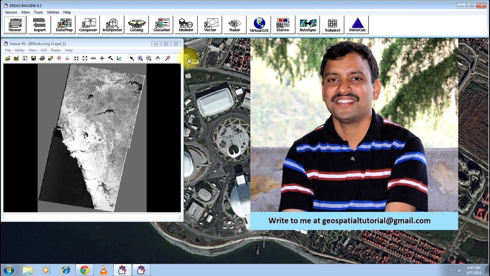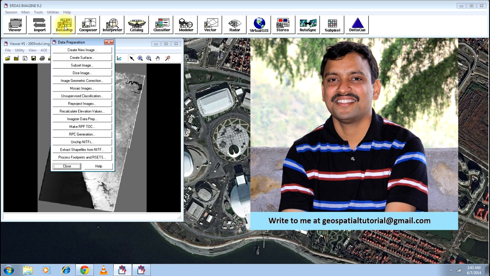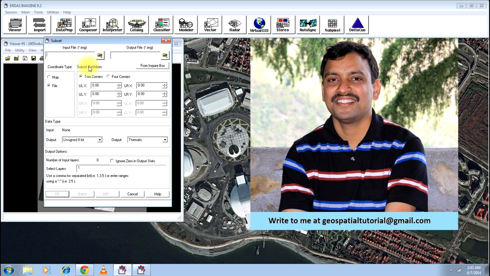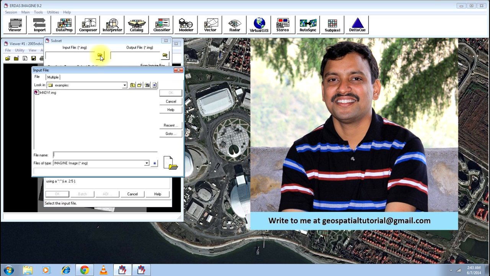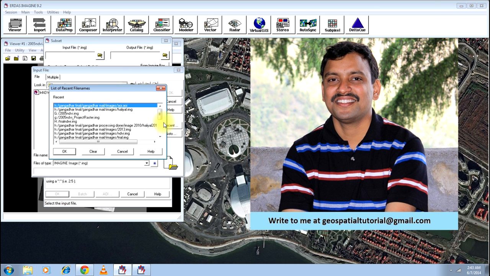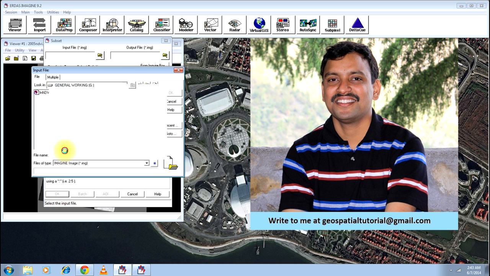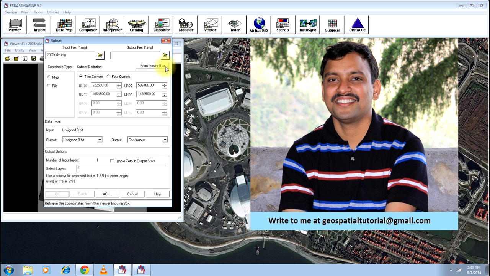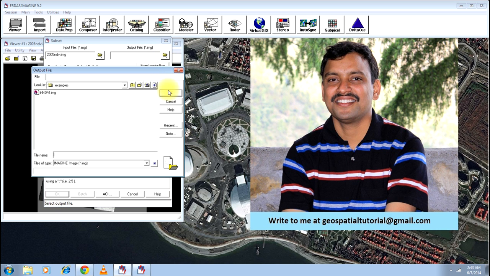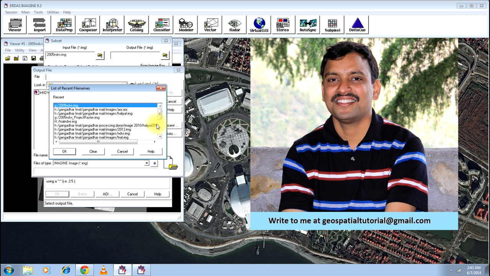Now you can close this image and go to the data preparation menu. There you have an option called subset image. Click on that and give the input file, that is the larger image from which you will be cutting the smaller portion. Once that is done, please define the output file.